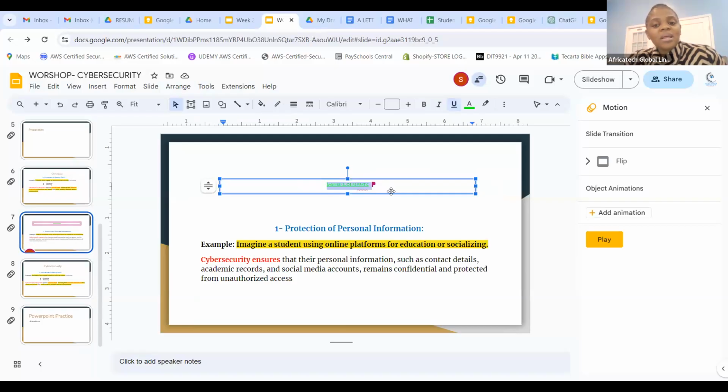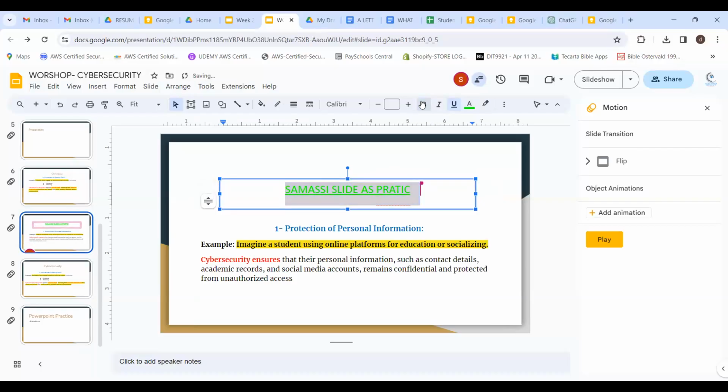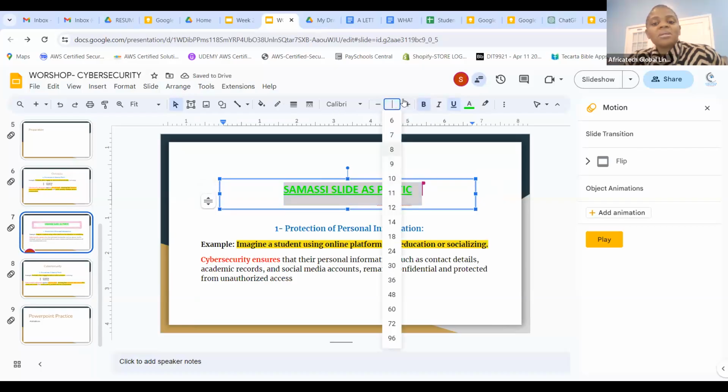You see, I select everything, I click on the plus sign up here by the bold. There's a place for bold. You see where you color in green, right? You can bold it. You can add the size here, right?